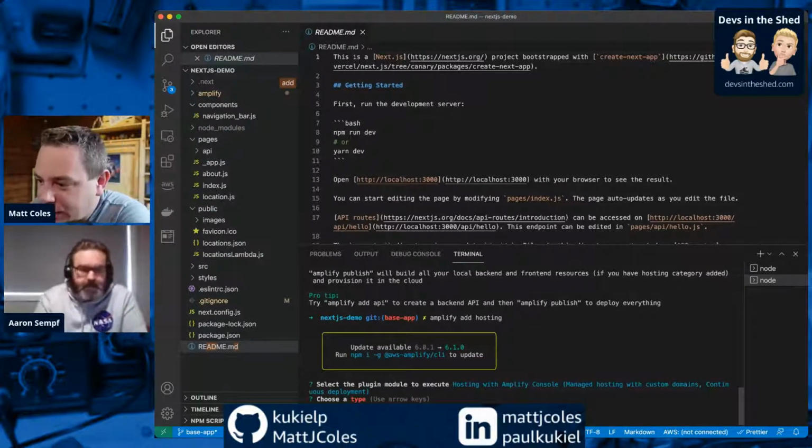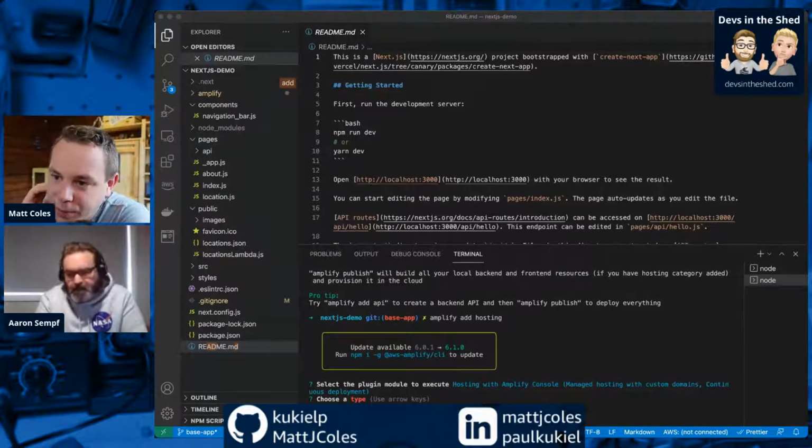Yeah, that's right. And I guess what we try to do with the Amplify point of view is we try and support all things. So if you like Next, you've got support for that. If you like React, there's support for that. If you're doing anything in the JavaScript world or native code, you've got the ability to use Amplify to deliver